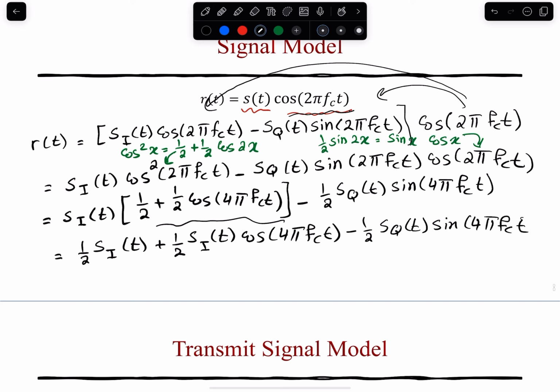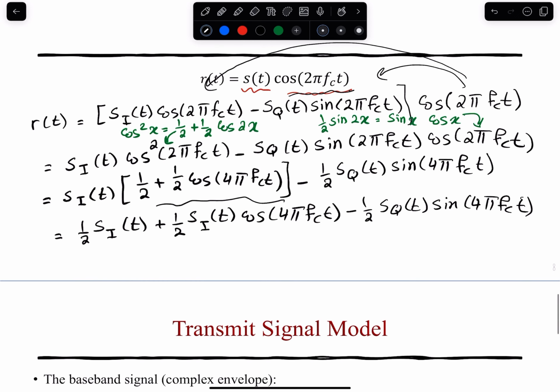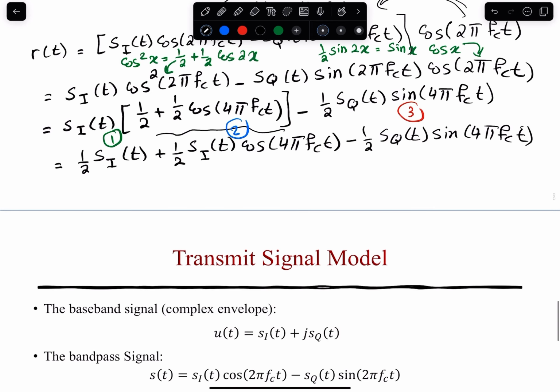Now, here is where the magic is going to come. So we have three signals added to each other. Let me denote them: this is the first signal, this is the second signal, and this is the third signal. They are still convoluted in the time domain, but if we look at things in the frequency domain,